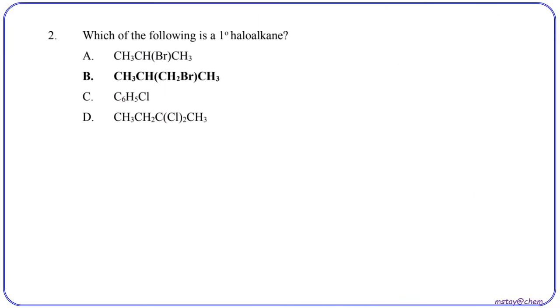Question number 2. Which of the following is primary haloalkane? So basically, if you want to identify primary haloalkane, you need to know which one is the primary carbon. Okay, so we go through one by one. A, CH3CHBrCH3. So this carbon that is attached to the Br is bonded to 2 carbons, so this is a